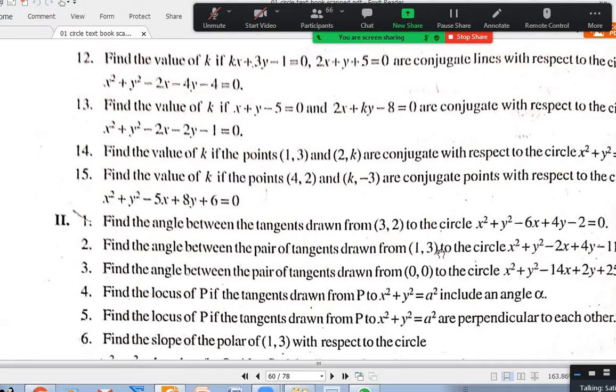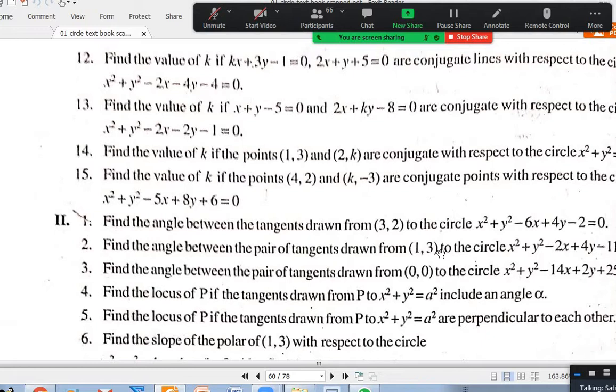But if it is a lengthy question, you want to do it a proper way. You take that line where k is not there. Assume the pole is x1, y1. Find polar. Compare with that line. Basically, find the pole of one of the lines where there is no k. Substitute that pole in the second line. We'll get the k value. Okay.